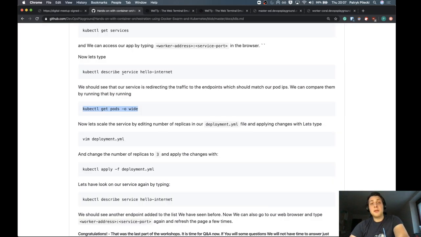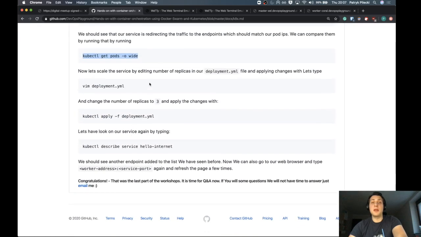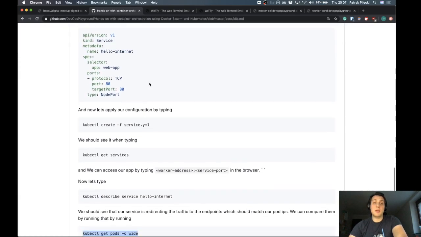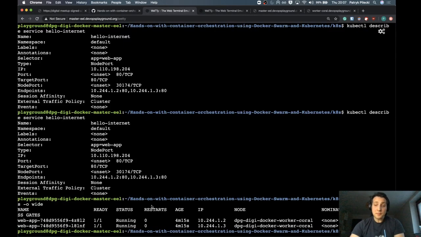So what's going to happen if we want to do something with our application? Let's have a quick run of it and try to scale it. To do so, we need to edit our deployment file. So I'll use Vim again, Vim deployment